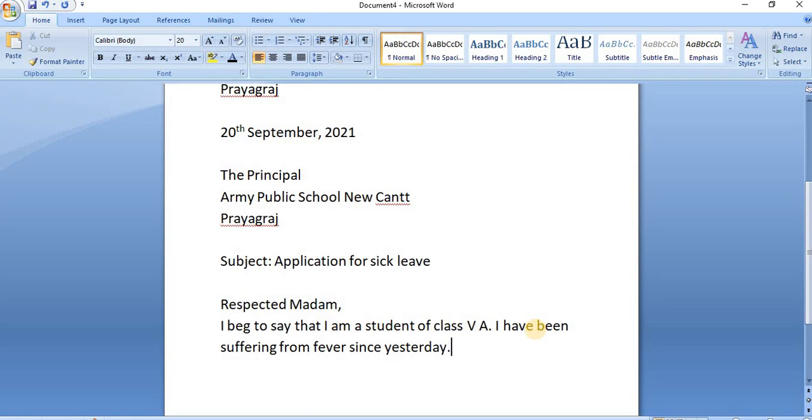Now you have to mention also that your doctor has advised you to take rest. So you will write, my doctor has advised me to take rest for 3 days.